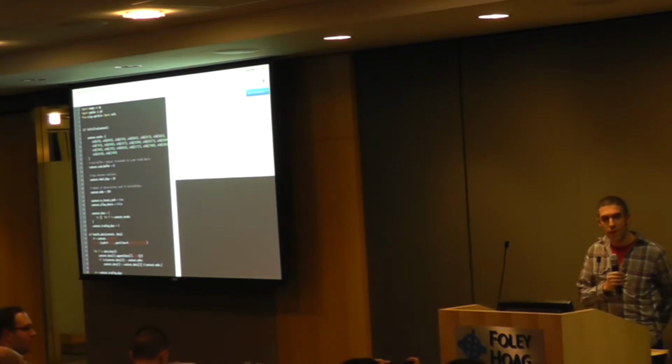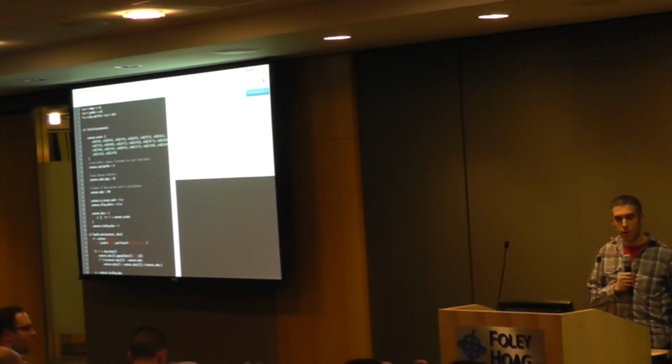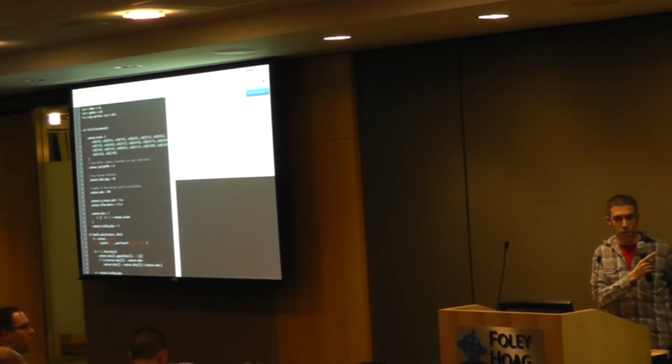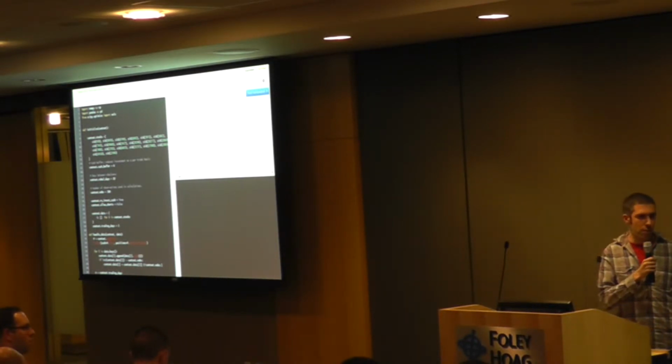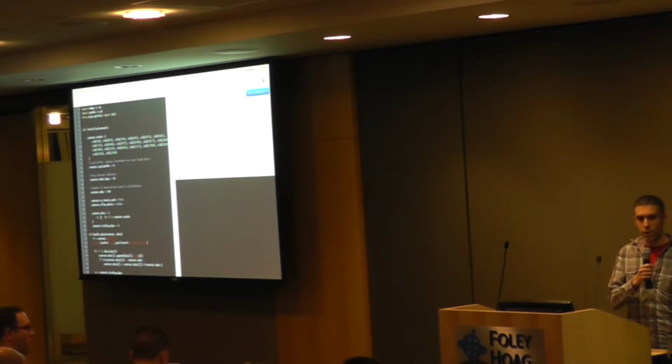And how does it compare to RISM or Foley Hoag? I'm not familiar enough with them. So we have a web-based environment for you to code it up. I haven't seen those in a long time, so I don't remember. Some of them I think you're coding in your own environment, and I don't know enough about them to actually comment on that.